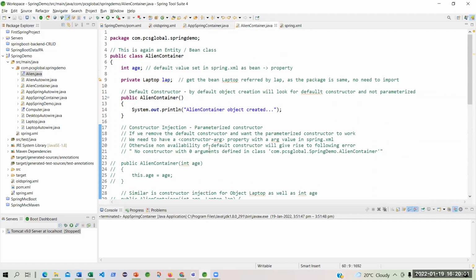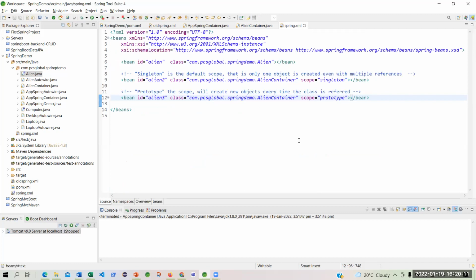So in which configuration file do I need to do the change? Spring.xml. This is one thing that we already know we are going to change. We are going to add this in this place, nowhere else.